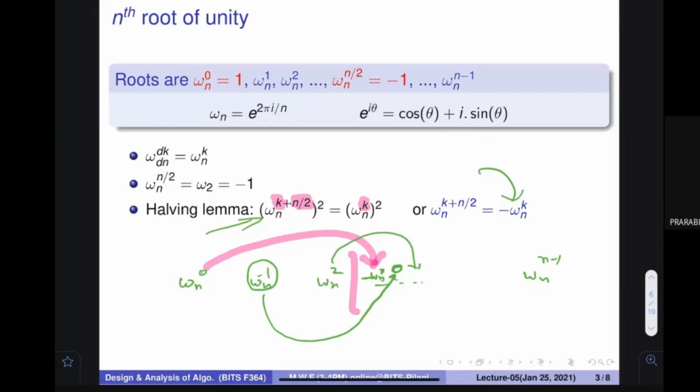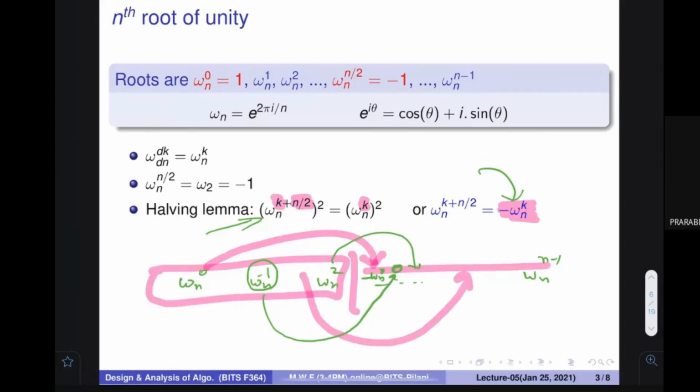All of you would agree with me that if I find out these items, then immediately I can find out what these items are. Can you say yes on this? If I can find out half of the items, then immediately I can find out what the other half of the items are. Yes. Using this halving lemma, we understand this particular part.